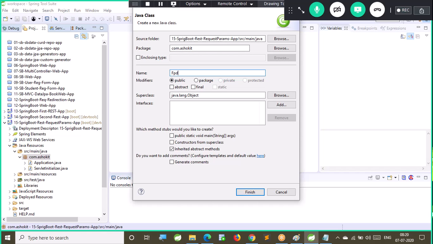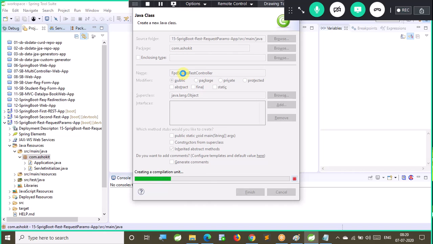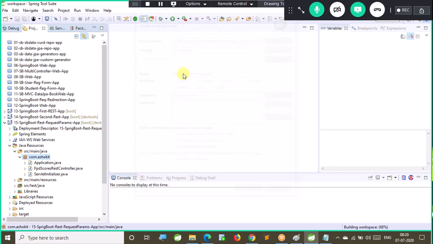FPD Scores RestController. Or I can give a query param controller name also.